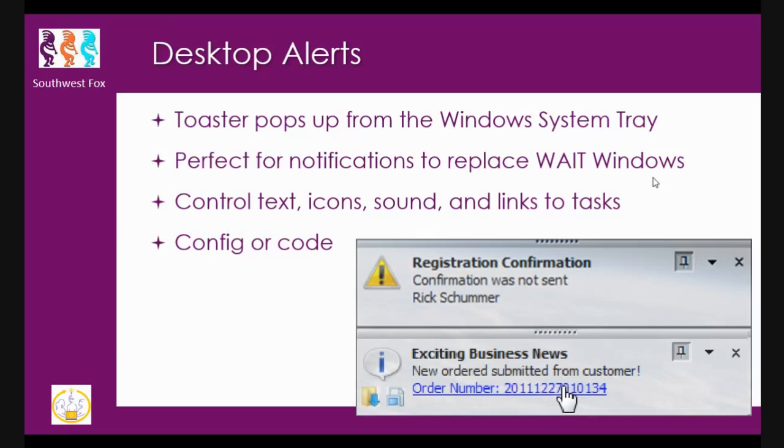So desktop alerts may have been one of the earliest of the VFPX projects. And Kevin Ragsdale is a project manager for this, and has basically written a very easy to use way to pop up little toaster messages that come up off the system tray. Great way to communicate information to your users that they may or may not have to see. And I say that because these toasters will time out. They fade away, right? Now, if it's really important that they see the information, use some other type of UI to communicate that to them.